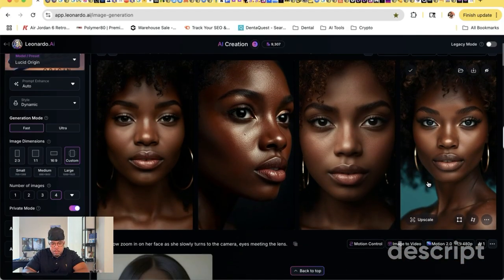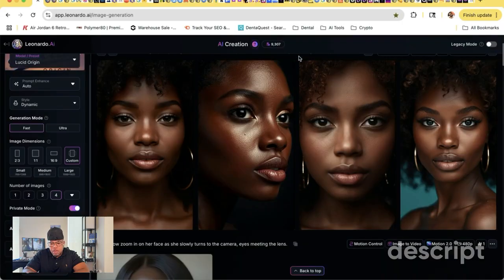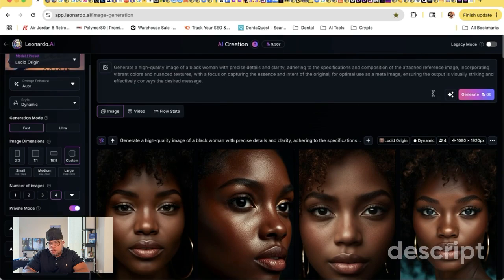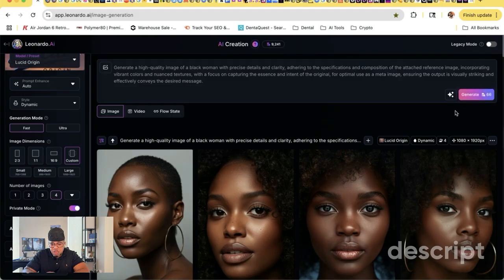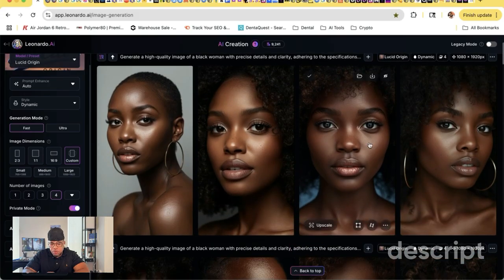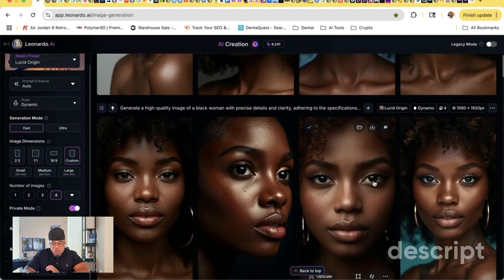So this is what we came up with. Not bad. I really like this one here. So what I'm gonna do is I'm gonna go with this. You know what? Actually, before I go here, I'm gonna generate four more, just to get some more images to develop and play with, right? So it's pretty fast as far as how we're generating, as you can see. We're moving pretty fast here. Oh, wow, look at that. Beautiful, beautiful images. All right. So now the new